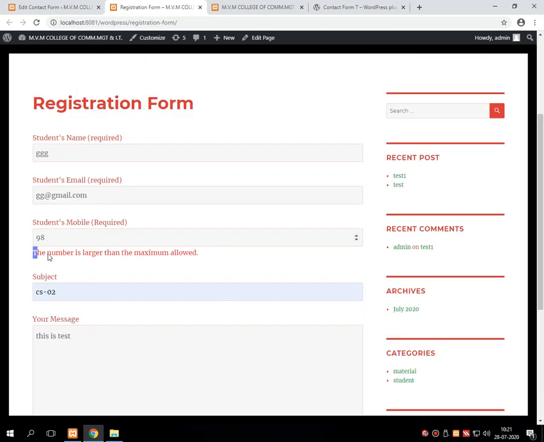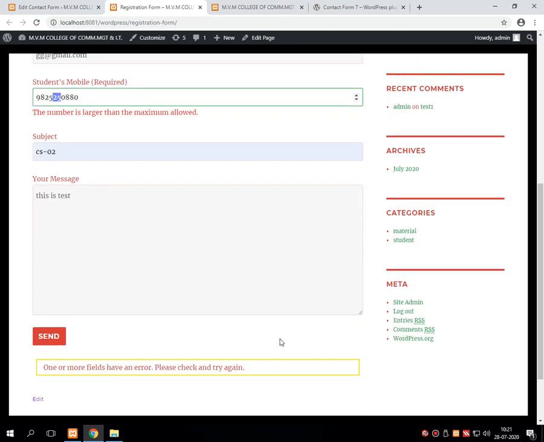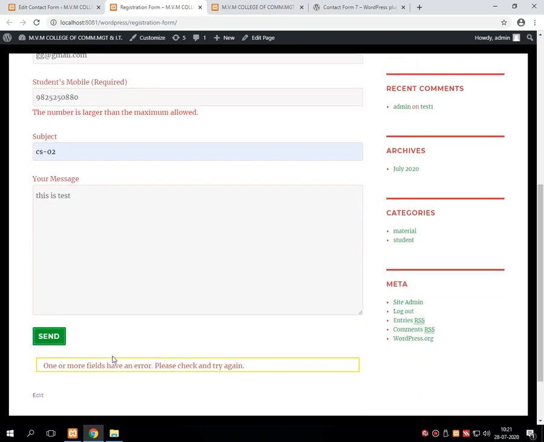What it displays: the number is larger than the maximum allowed, right? So suppose here I am giving a proper number which is of 10 digits, 2 plus 2, 4, 6, 8 and 10. Then suppose I am pressing the send button.